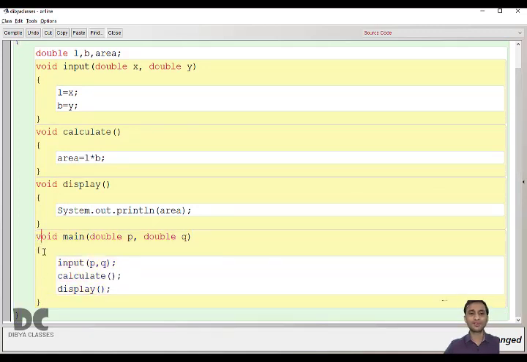When you will run main function, it will ask for input for value P and Q, that is the length and the breadth. The length and the breadth value will be stored in P and Q. Now we will call input and we will send the value of P and Q to input. The value of P and Q will be stored in X and Y respectively. After storing the value in X and Y, you have to finally store in the original variables, which are L and B, where L and B are global variables, where L and B are instance variables.